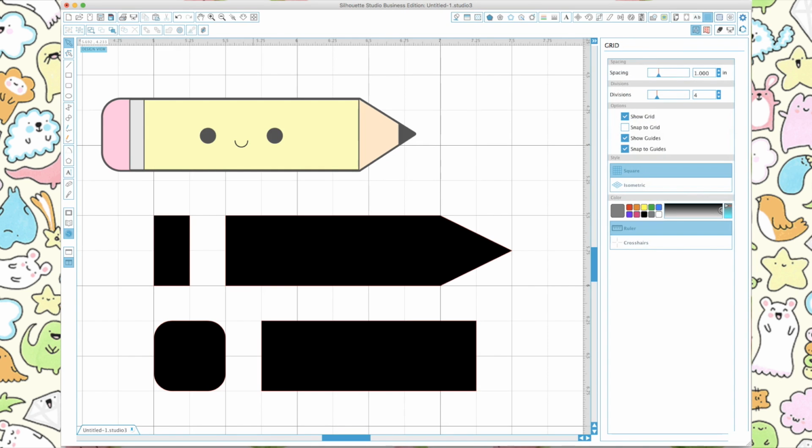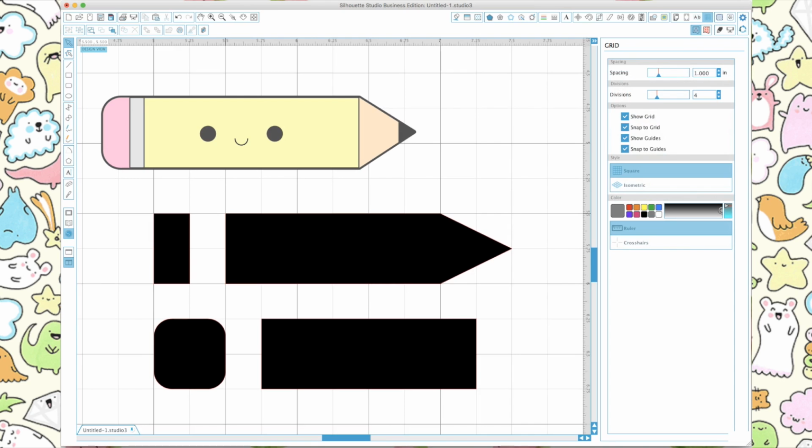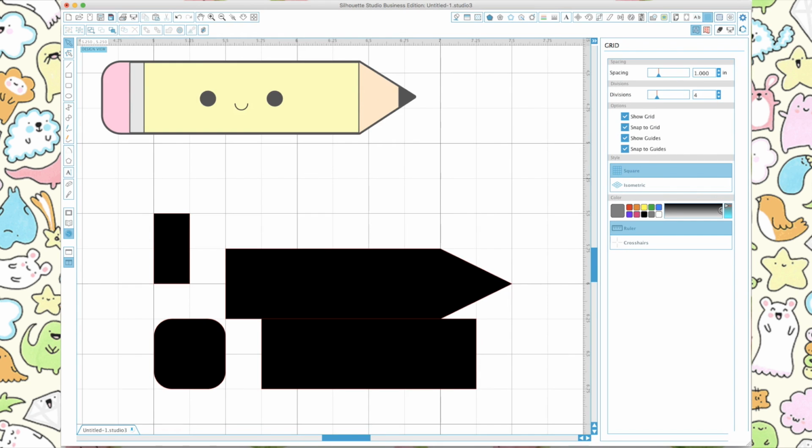I went to the grid first and I clicked show grid and snap to grid. So for this object right here, I'm just going to move the pencil up right here. So for that shape, all you need to do is select the make a polygon tool right here and just draw it like so. And I think the other ones are pretty self-explanatory. There is a rounded rectangle tool, and then of course for the other shapes you're just going to need a rectangle, and for this